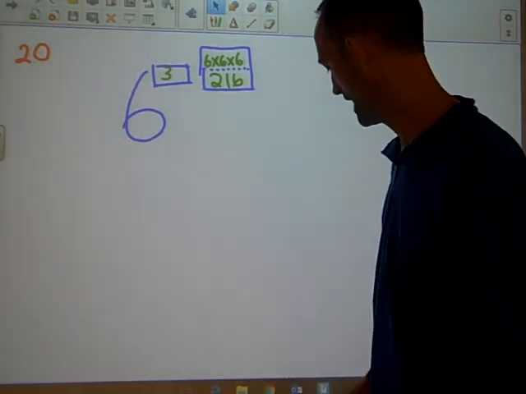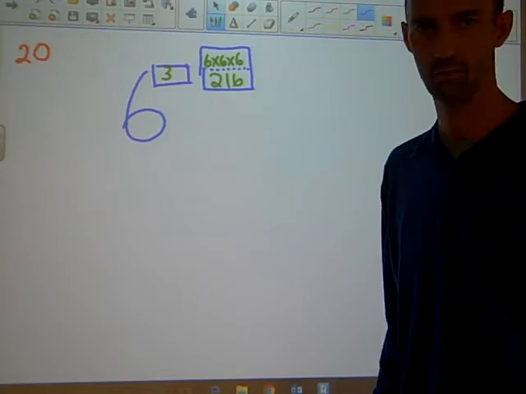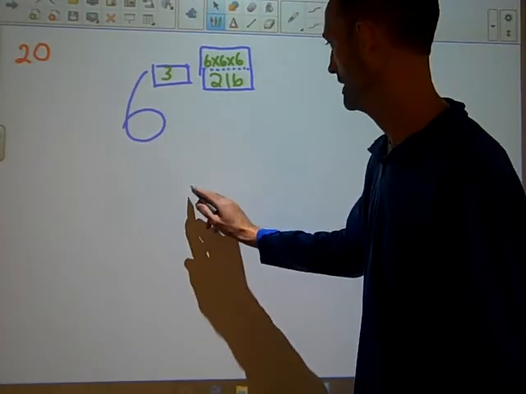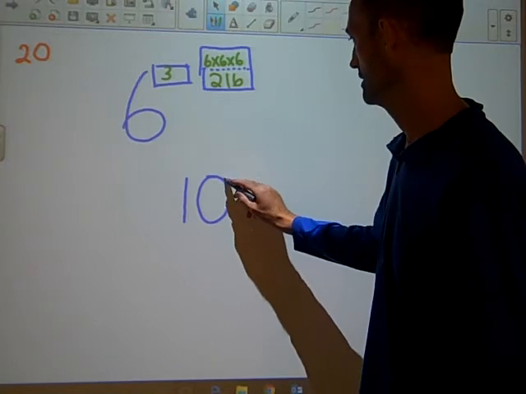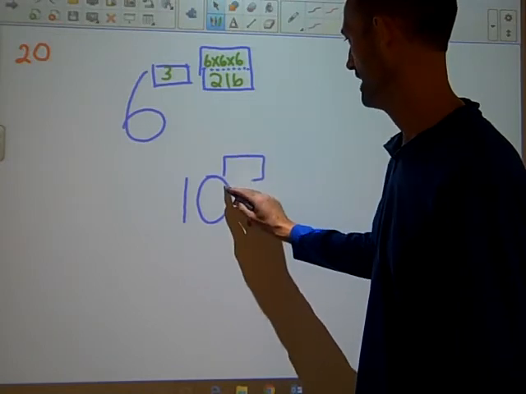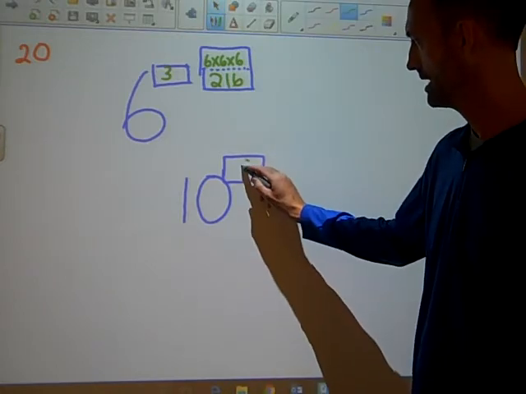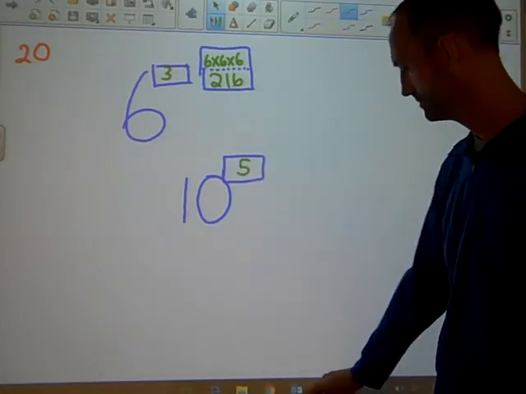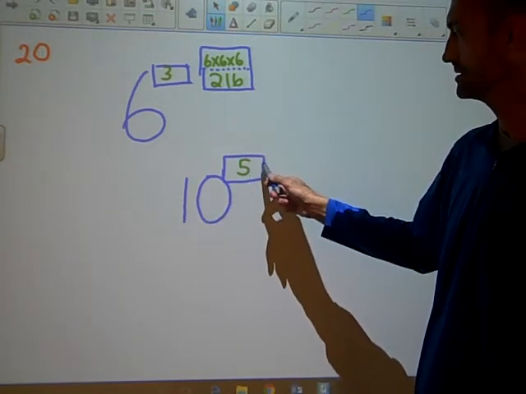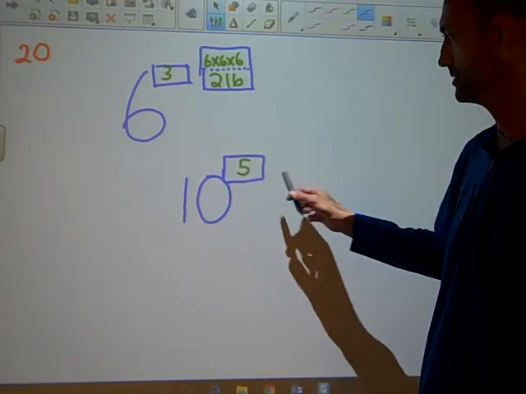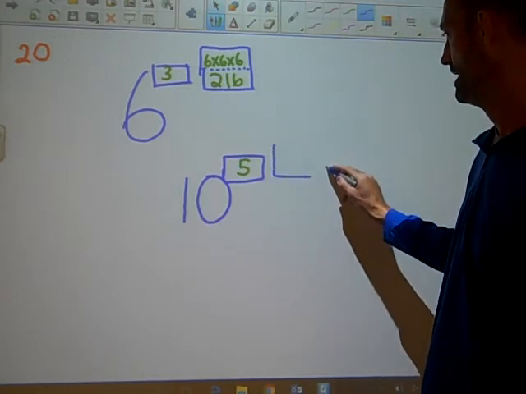Then take your 10 and glue it pretty close underneath the 6 because you have one more thing to put on page 20 again. So here it is with the flap folded. So it looks kind of like that. And you're going to put a 5 in there. So we have 10 to the 5th. This is our exponent. So then when you open up the flap,